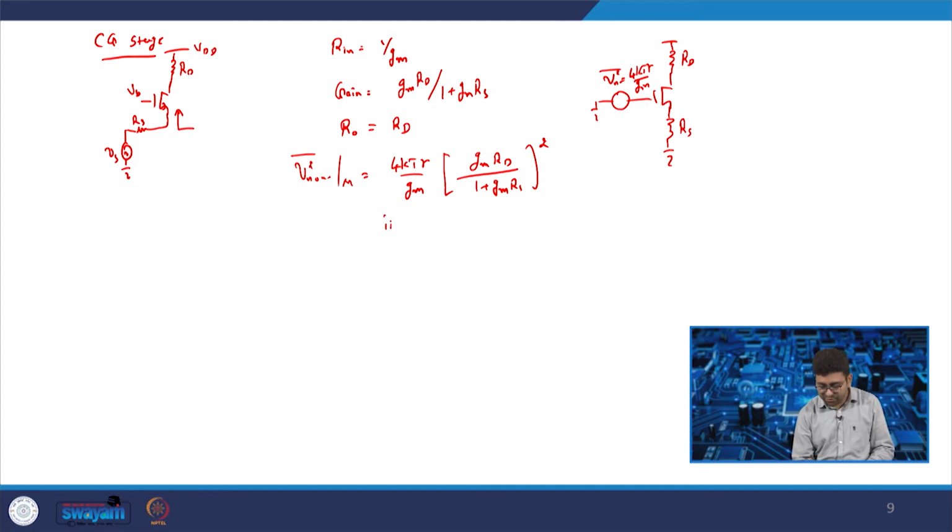And if we consider Gm equal to 1 by Rs, we can get this as 4 kT gamma by Gm into Gm square Rd square by